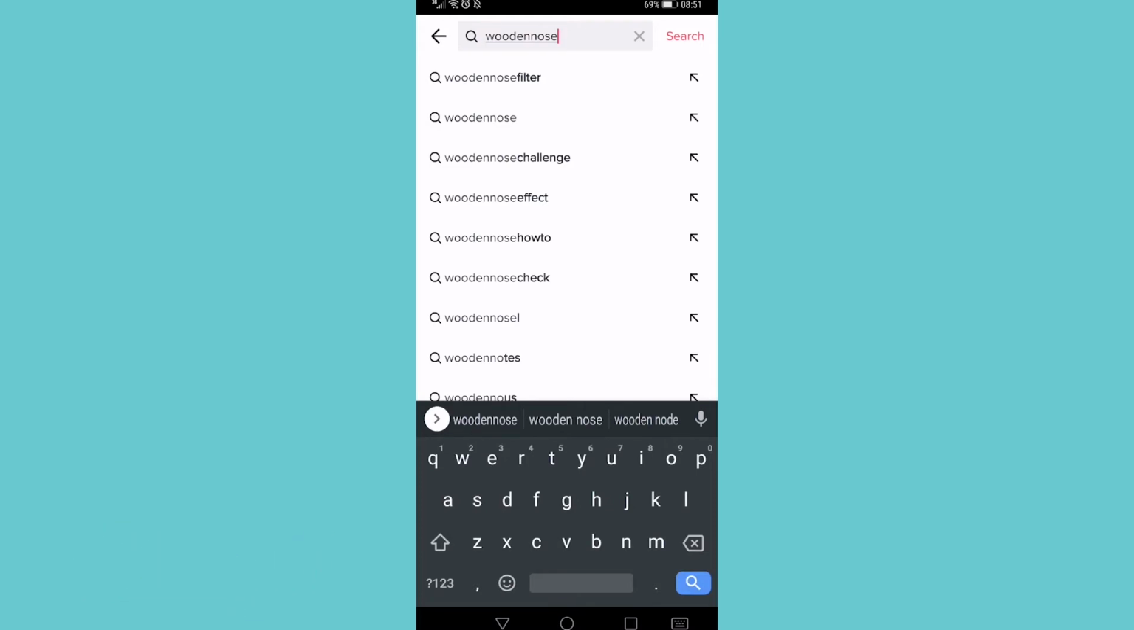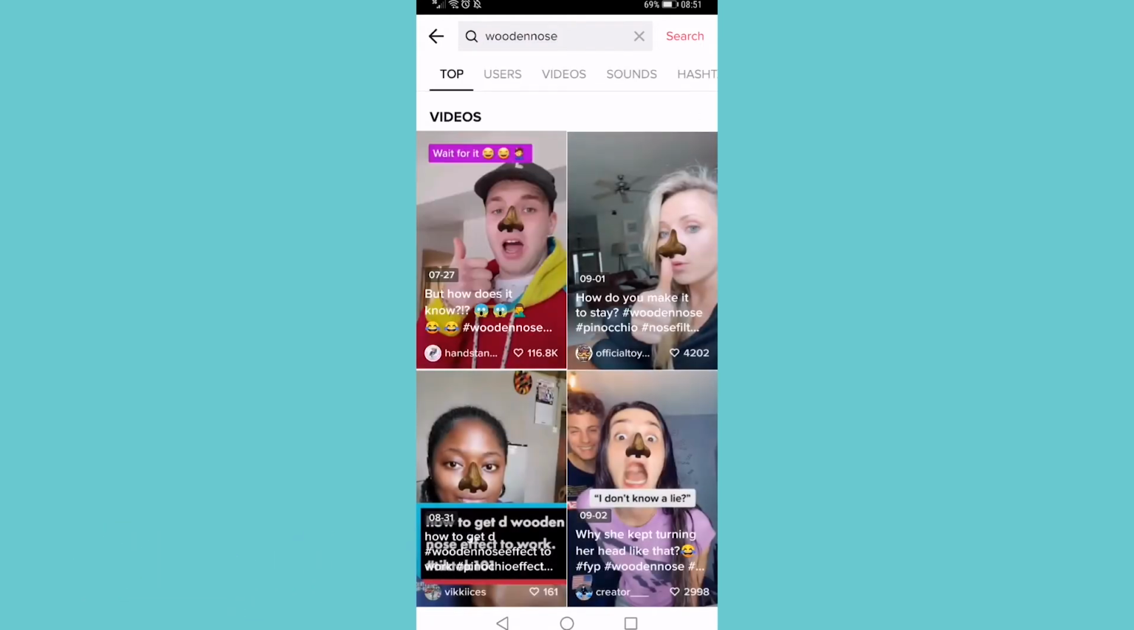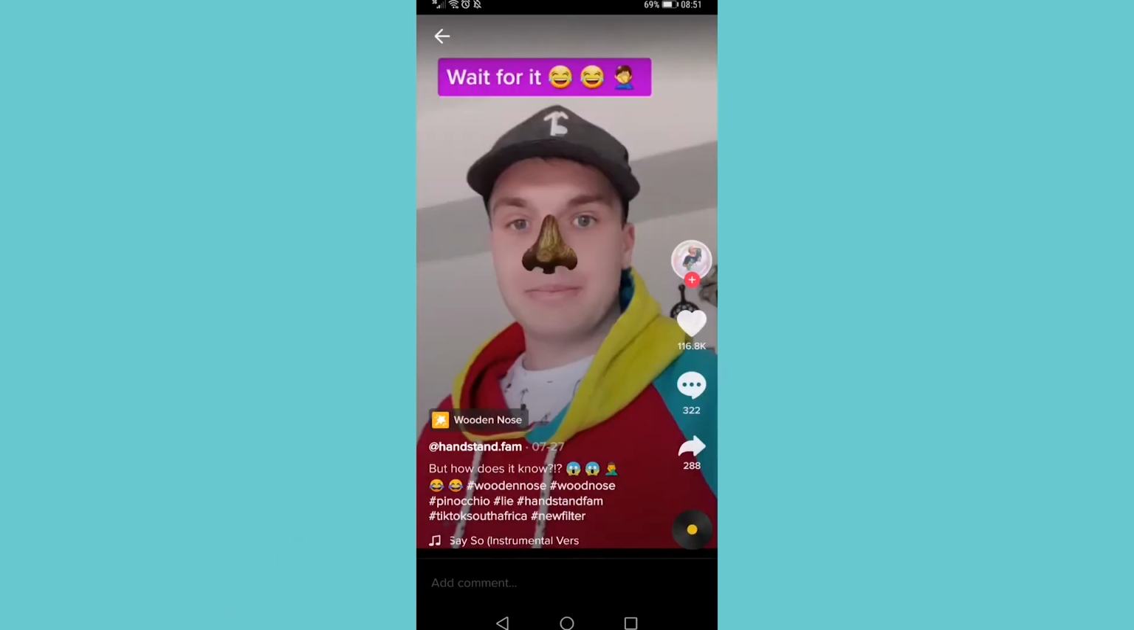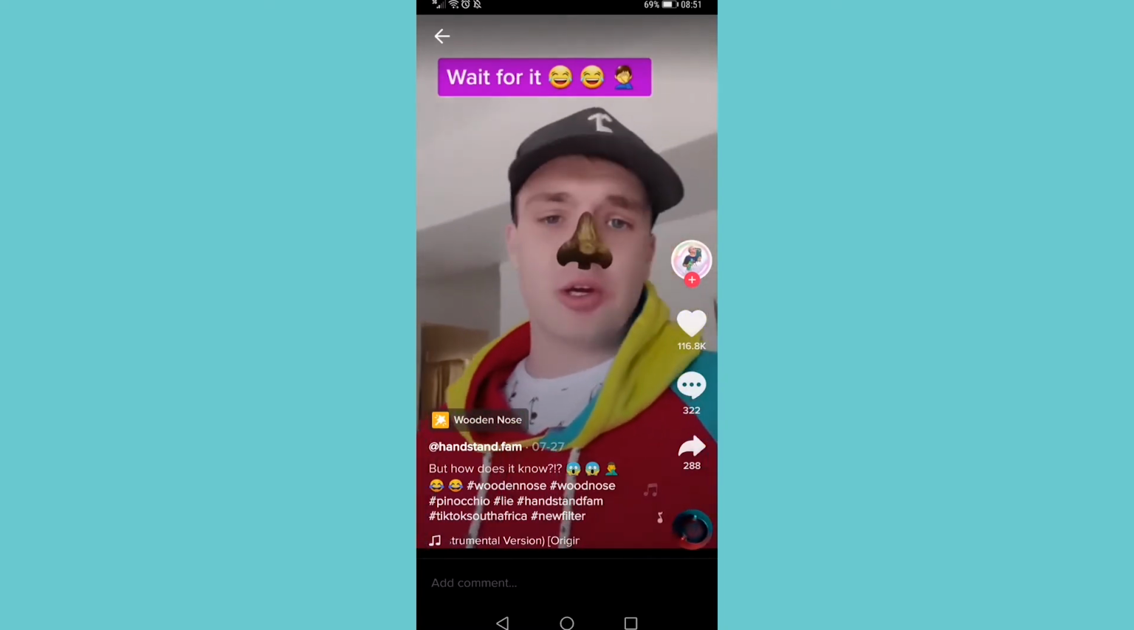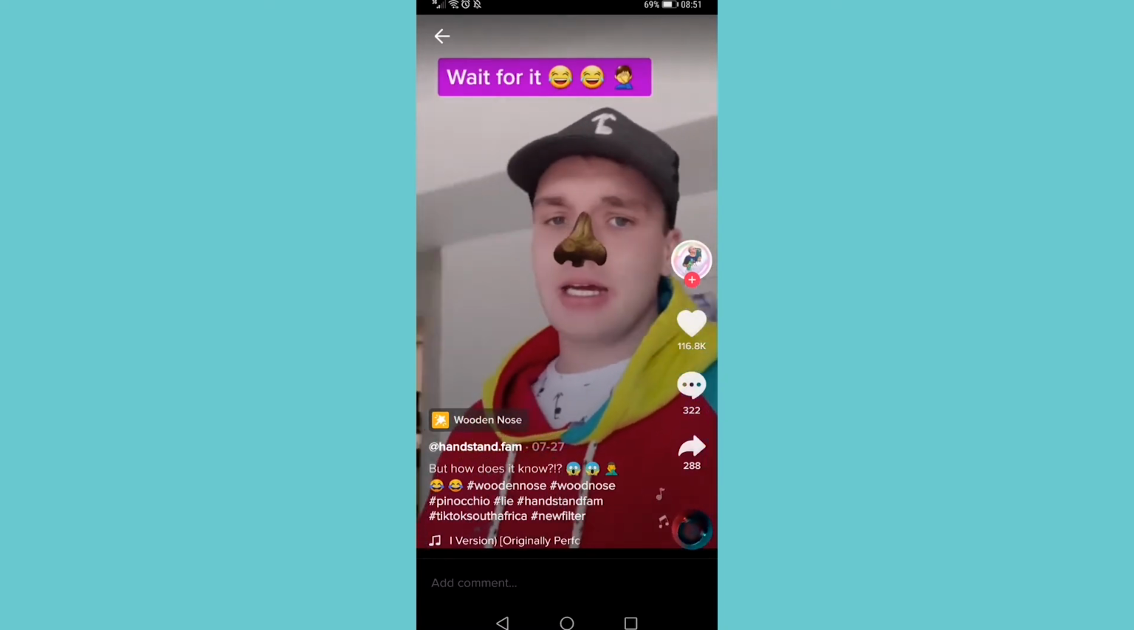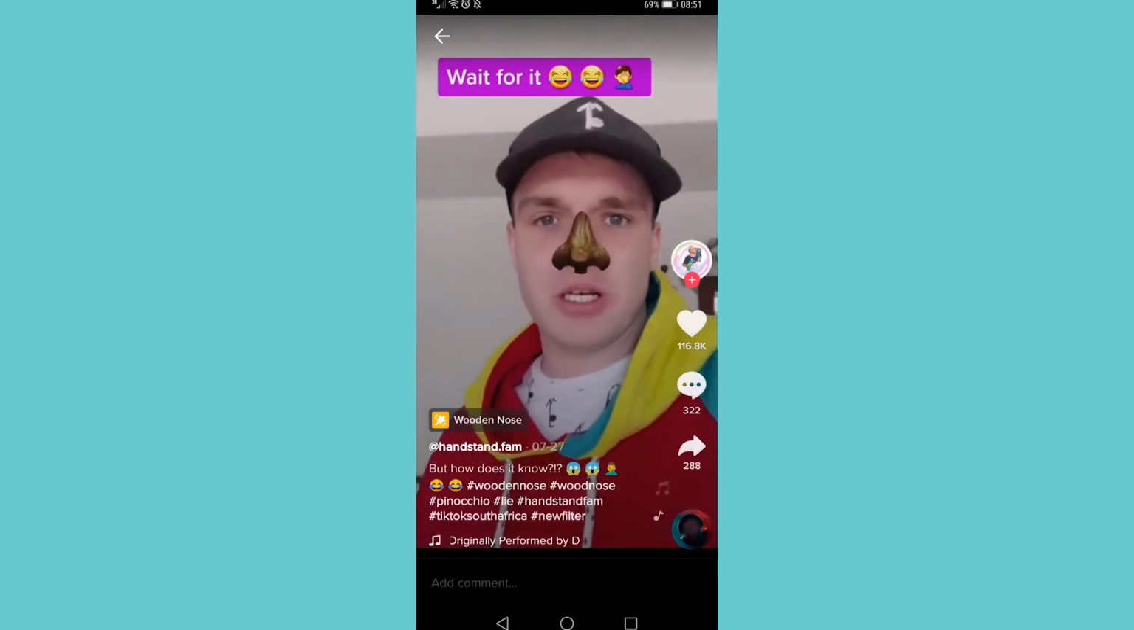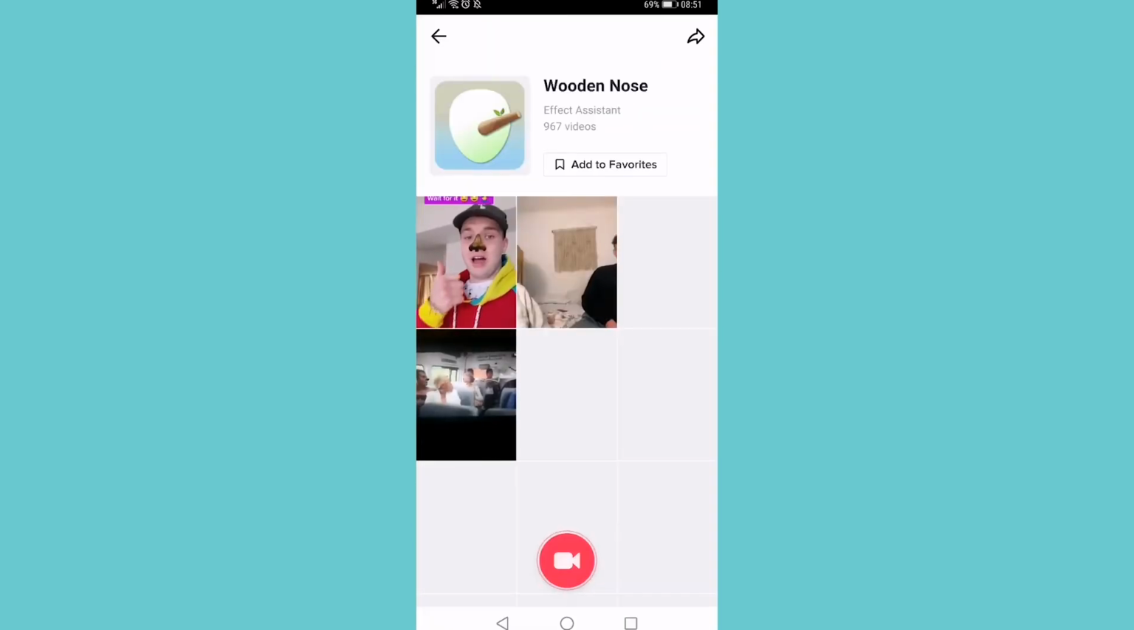So I'm going to tap on the second option and then it's going to bring you up a whole bunch of videos and you just want to tap on one of them and you can see above the username of this person it says wooden nose with that little filter icon. You want to tap on that and that's going to bring you up to this page